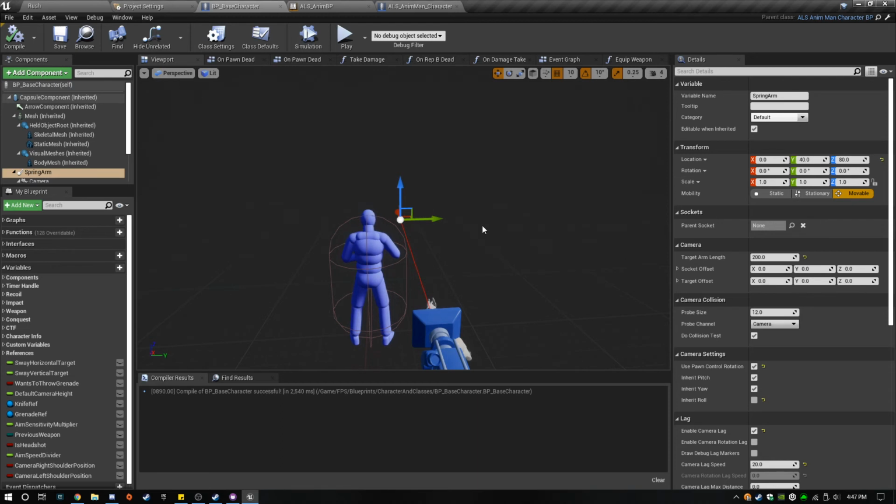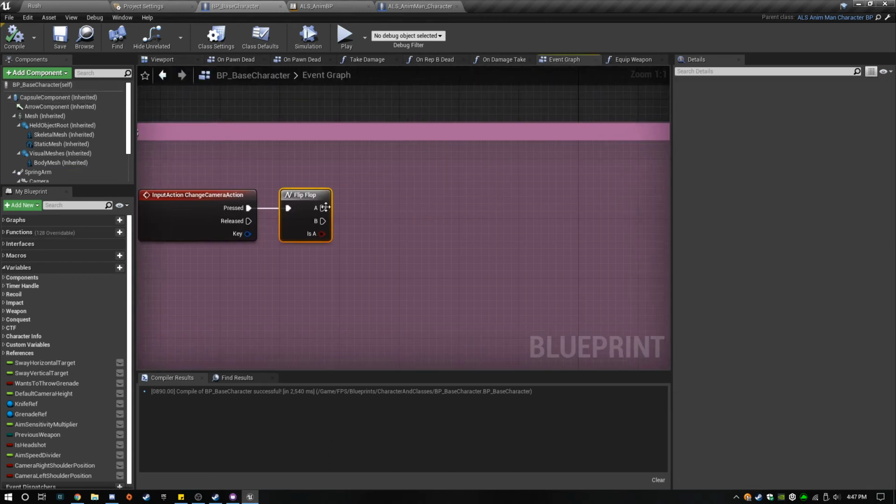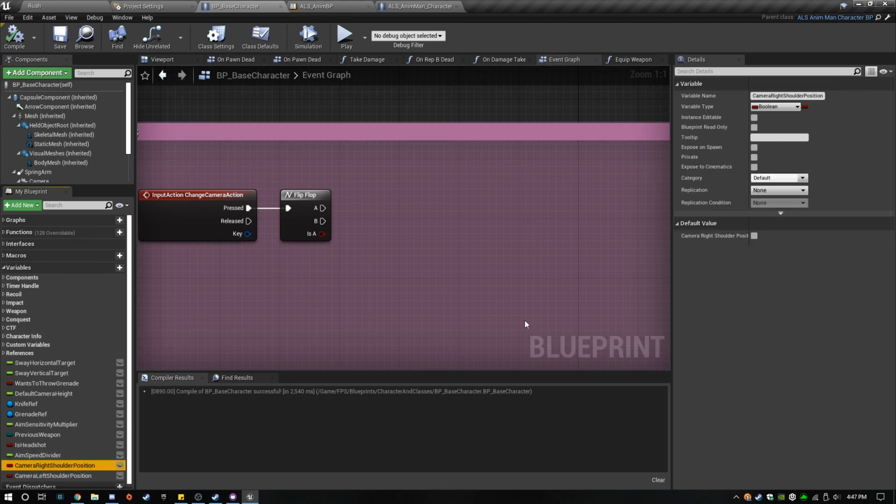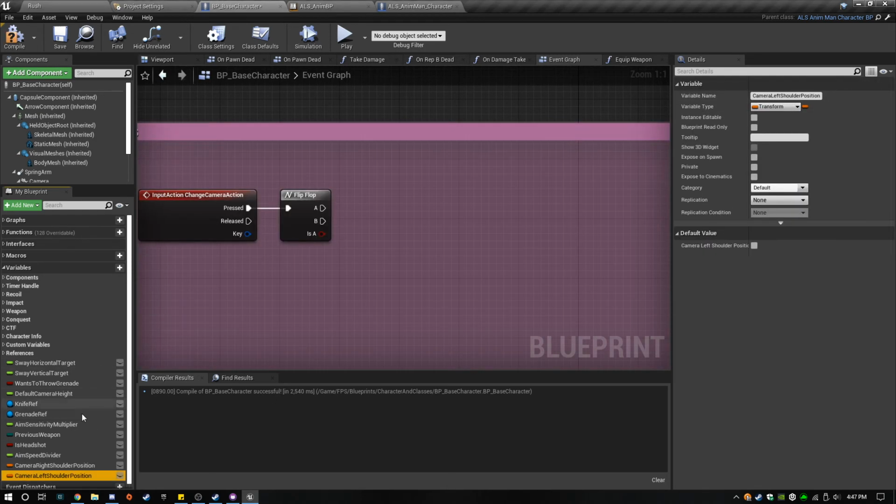So anyway, default is going to be the camera's on the right, and we have a value of 40, 80. When we want to switch it, we're going to set this to negative 40, 80. So let's go ahead and do that. Flip-flop is a wonderful thing. When you enter it, it comes out of the A gate, saves its state, and then switches over to the B gate, saves its state, and it will continue going back and forth between the A and the B gate. So this works great. We have to keep in mind that our right is the default, so we want to switch to the left the first time the player chooses to.